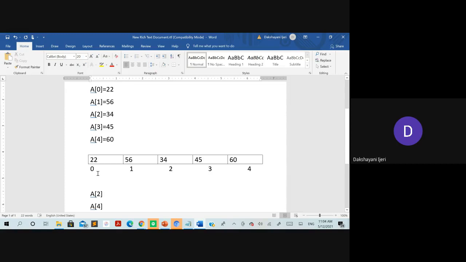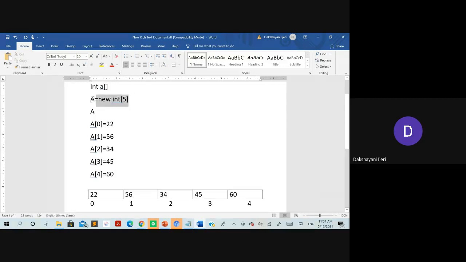Do remember that you are not going to explicitly create any index values. Once you create these statements, the A array will automatically be created with the 4 index values. Each index value will be assigned to each element that you store, in order. The first value will always be stored at index 0, the second value at index 1, the third at index 2, and so on up to the last value, which is one less than the size that you have taken here.